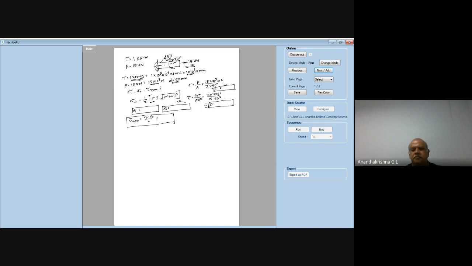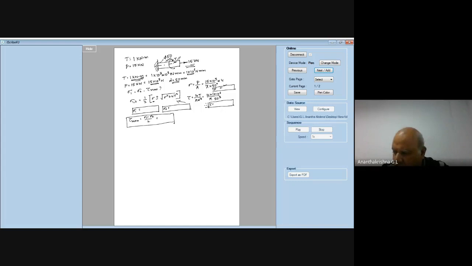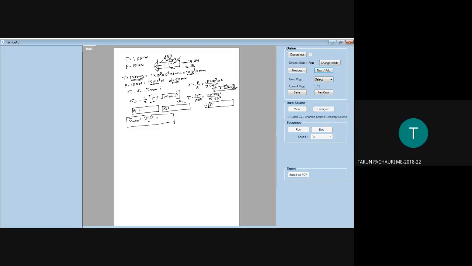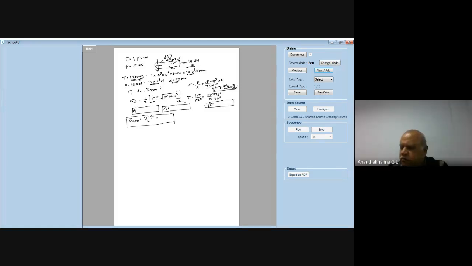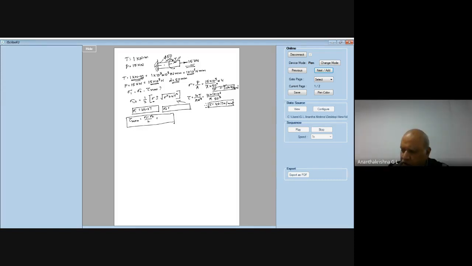What is the value of sigma? I'm waiting for your answer. Is it 7.63 Newton per millimeter? Yeah, that's correct, 7.64 Newton per mm square is the value of sigma. Then what is the value of shear stress? 40.74. 40.76, that's correct, 40.7 Newton per mm square. Sigma 1? 44.74. 44.67 is what I have got. Anyway, there can be minor difference.